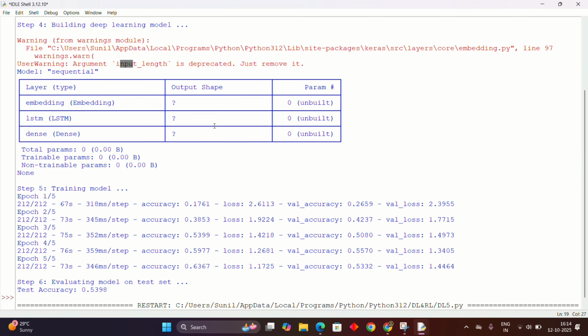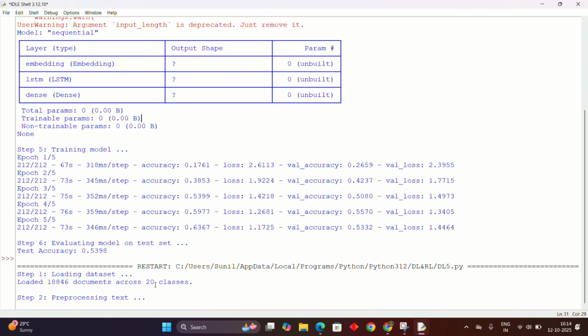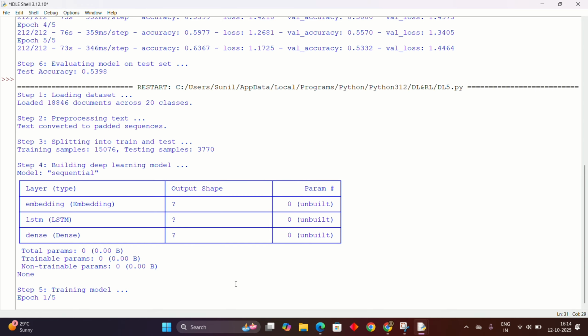You can see this was our previous output and now it will be showing the present output. See, you can see the output here. Still it is not giving the values in the table,